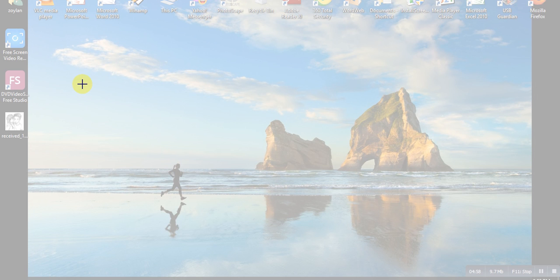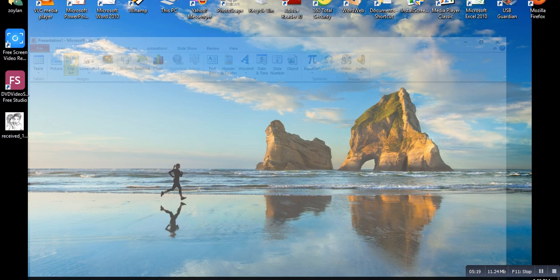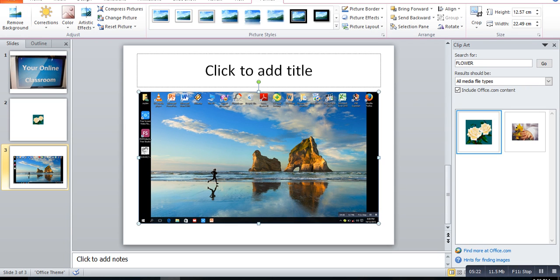A faded view of your current desktop will appear, and your cursor will turn into a cross shape. Click, hold, and drag on the area of the window you want to capture. So now the screen clipping will appear in your slide.